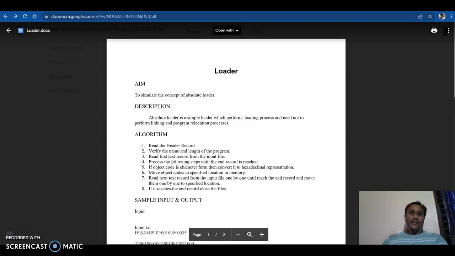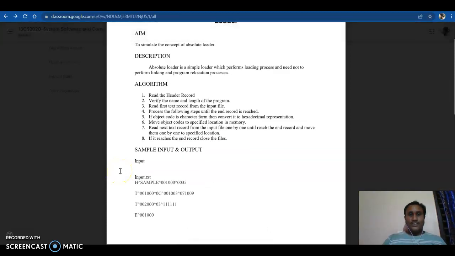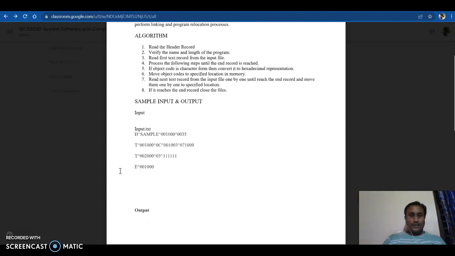I am going to talk about the System Software Compiler Design Programming Lab, and let's see experiment number 5, loader. The aim is to simulate the concept of an absolute loader. Description: an absolute loader is a simple loader which performs loading, and need not perform the linking and program relocation process. And the sample input and output: input H sample